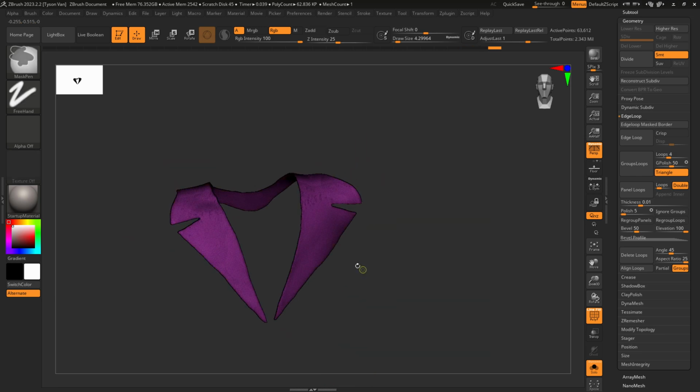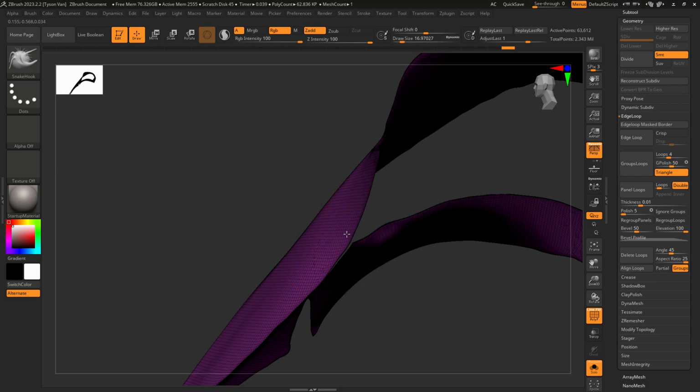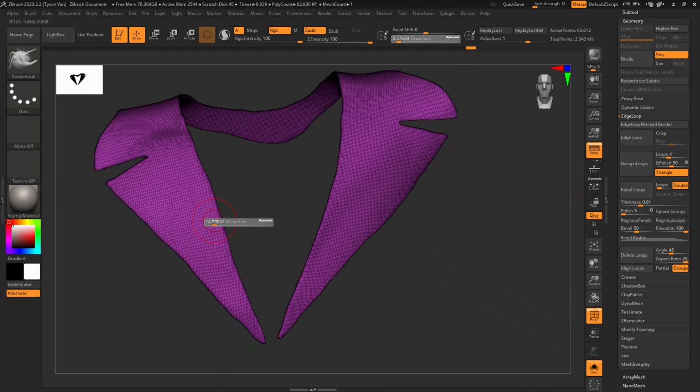And then I'm going to hit Control W just to repoly group everything, because sometimes when you run group loops, not sometimes, all times, it'll make a poly group that runs the length of the outside of your island of your geo, and we don't want that. So just Control W a few times just to be safe, and then